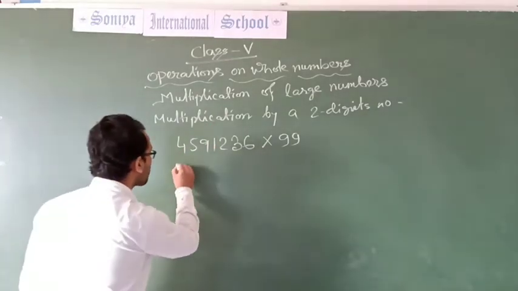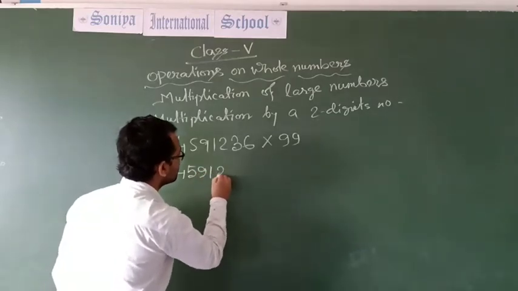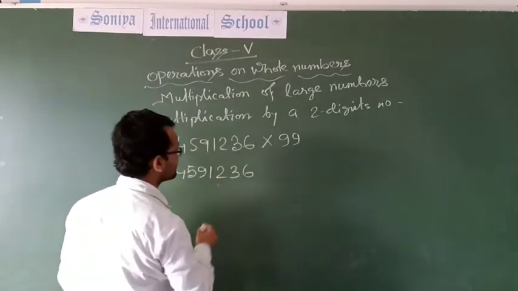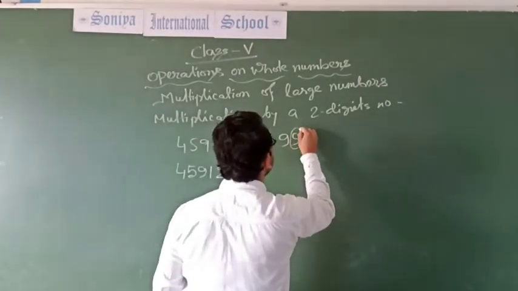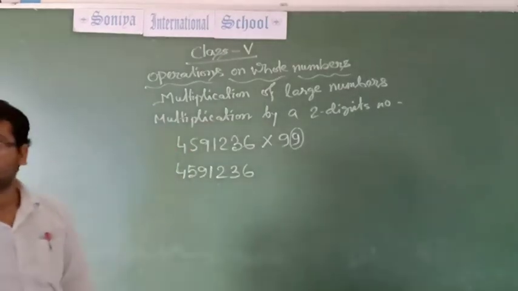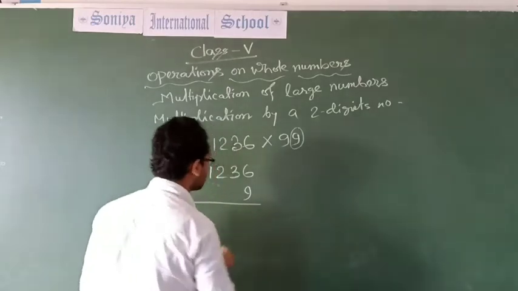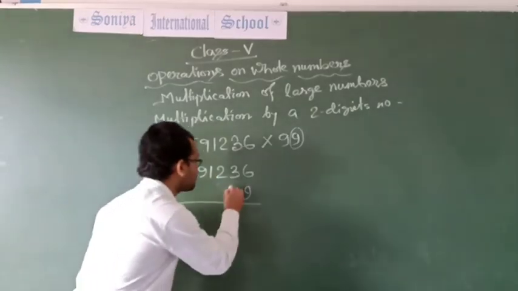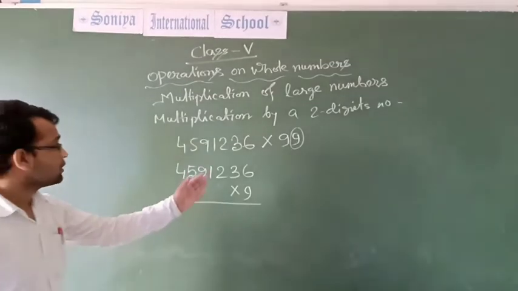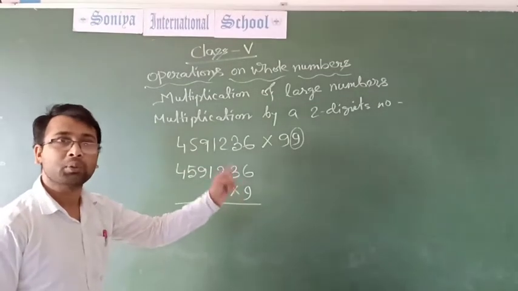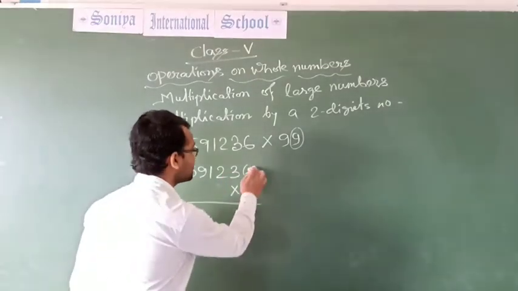First of all, 4591236. Multiply by the ones place first. Multiplication starts from right to left. Right to left. So